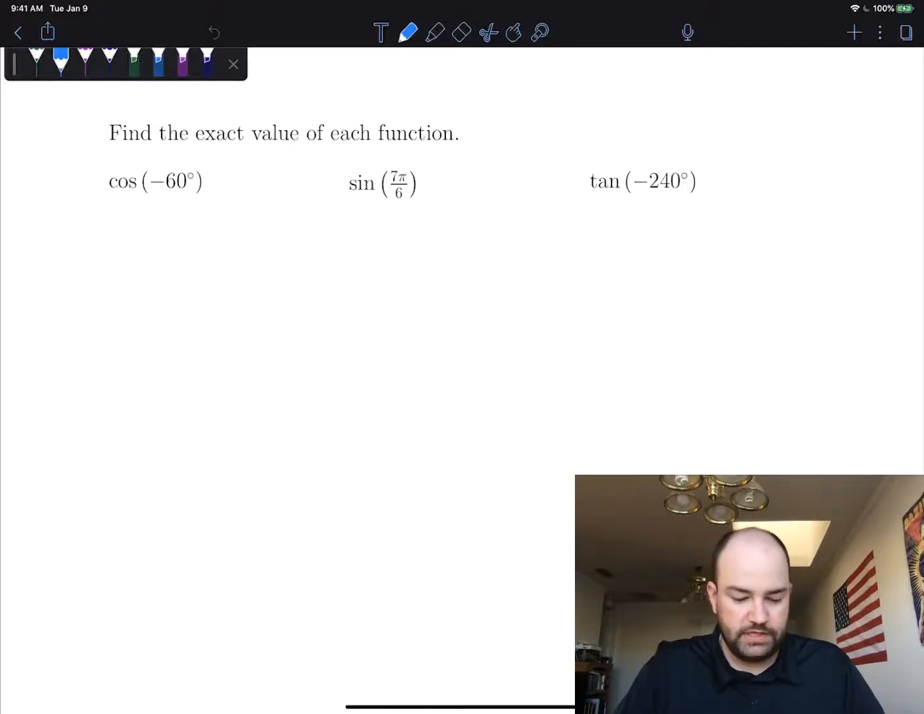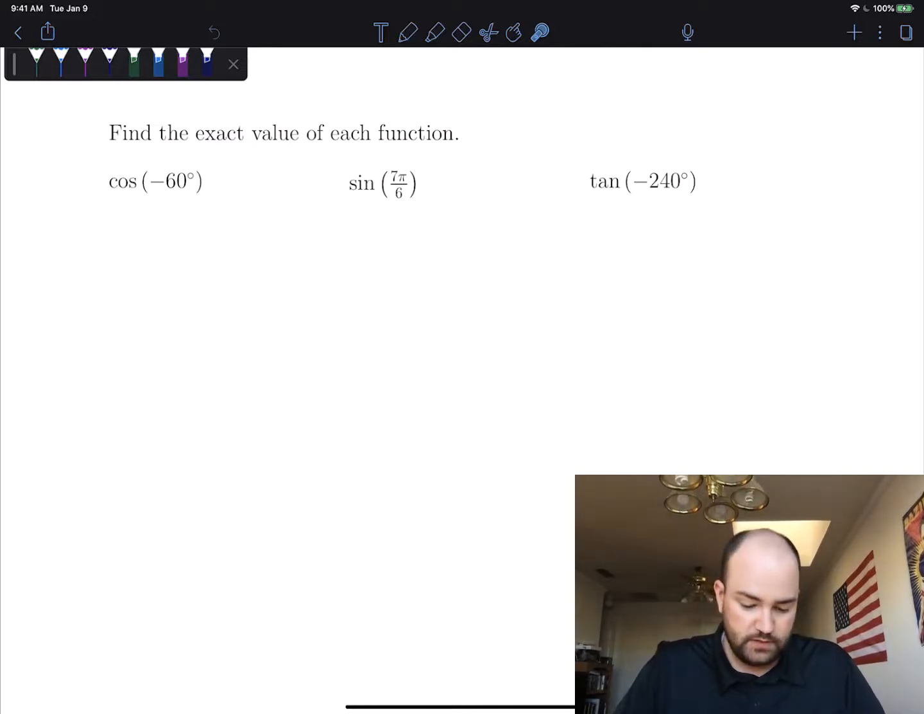Hello. In this video, we want to find the exact value of each function. Cosine negative 60 degrees, sine 7 pi over 6, and tangent of negative 240 degrees. Okay, so to do this one, we're also going to have to figure out some more special angles on the